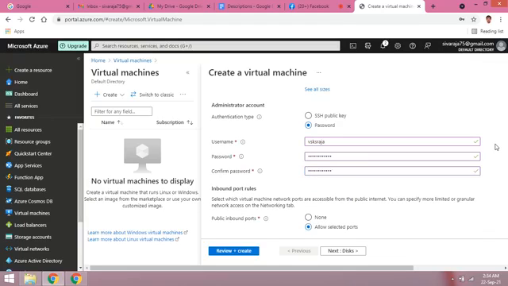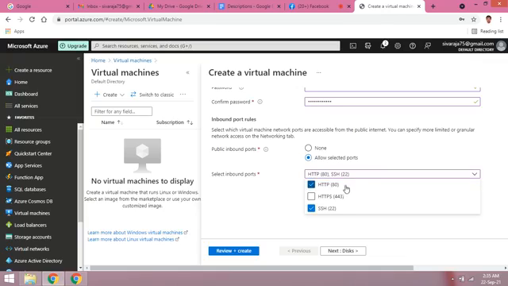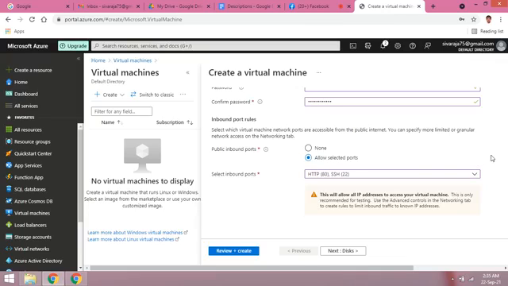So next, allow selected ports. I select SSH. If you access your Linux machine remotely, choose the SSH port. In previous webinars I selected RDP, the remote desktop port. That is a Windows-level access port, but for a Linux VM you choose SSH, secure shell, and the HTTP port is also selected. So now next,